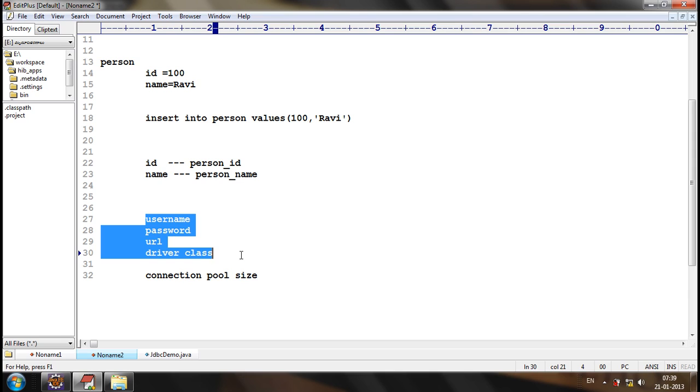The core idea is, can't we develop something which acts as an interface? Let's consider this is our application and this is our database. Can't we develop something which acts as an interface? From the application we'll get the information, and from the database also we'll get the information. While updating, we'll get the information from the application to the database. While writing a select query, while fetching the data from the database, we'll get the information from the database